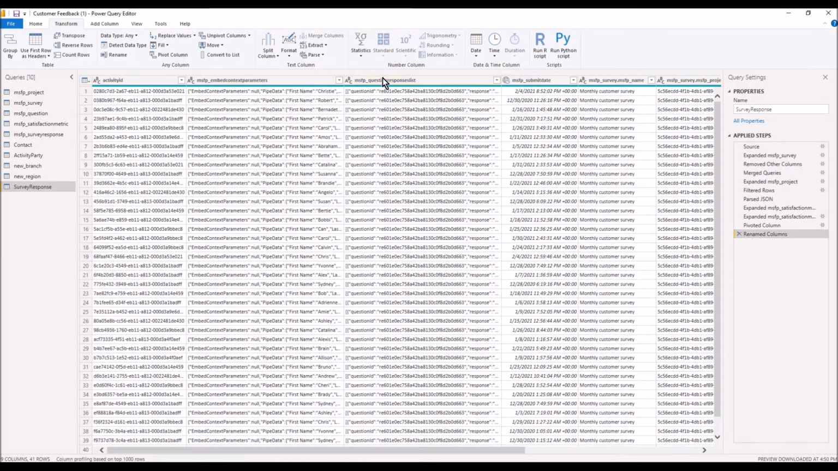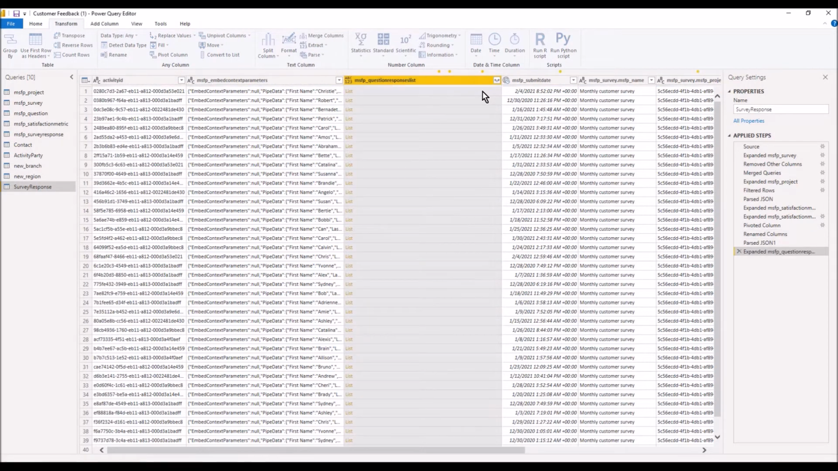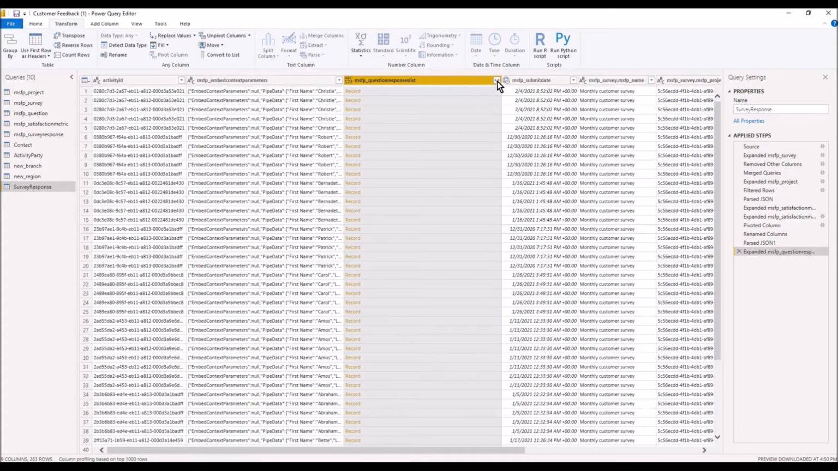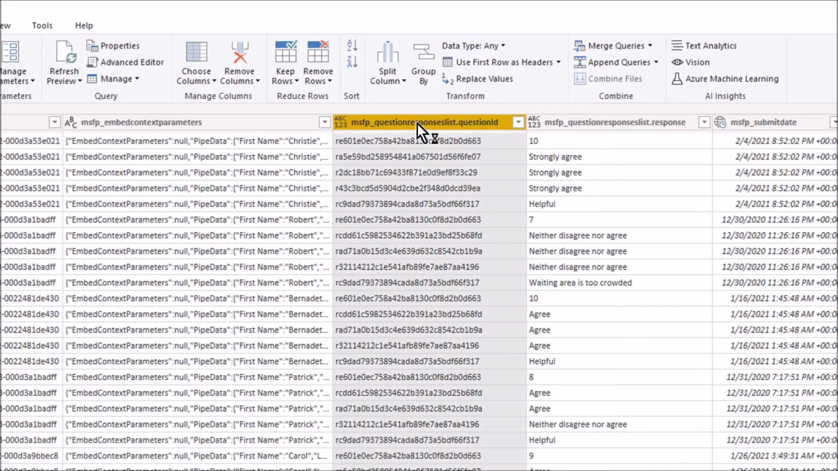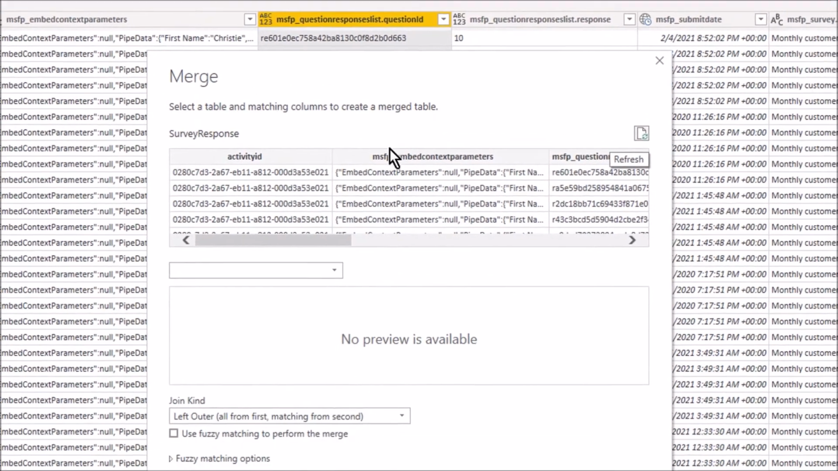The response to each question in the survey is stored in the MSFP_question response list. Like satisfaction matrix values, the question response is stored in JSON format. Just like what we did before, you can use the parse JSON transformation to expand the question response to appear as its own rows. The questions appear as IDs, and to get the question text, you can use the merge